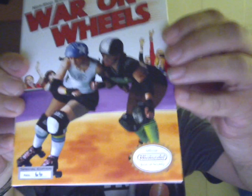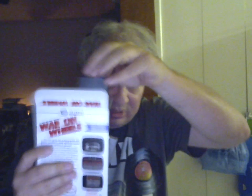Better view. Okay, and number 66 on the cartridge. And number 66 on the manual. Now, this is really cool of him to do because, as I mentioned, it's also got the black slipcase on the inside. Because only 200 of these were produced, and